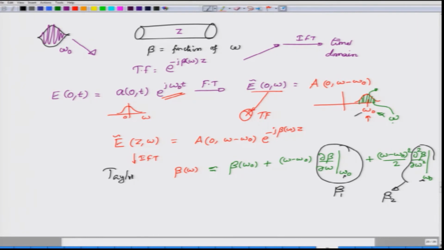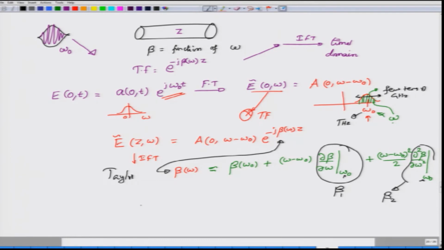This holds as long as the pulse spectrum is narrow. It is narrow because this omega 0 is usually in terahertz or teraradians per second, whereas the spread of the frequency spectrum will be a few tenths of gigahertz. So, it is a factor of 100 smaller, and you do not really need to worry about this approximation being invalid. Okay. Anyway, I have beta of omega and I have written terms only up to second order. Since this is how beta would vary, I have made a small Taylor series expansion of beta around omega 0, and I can go back and put that into this transfer function.